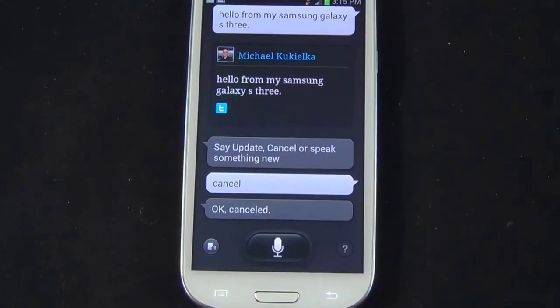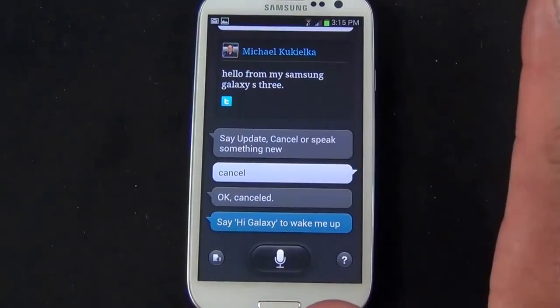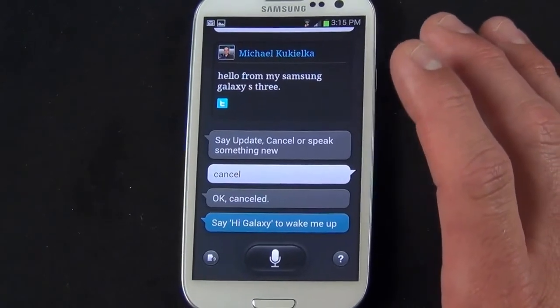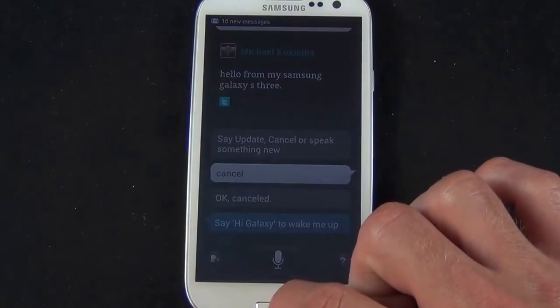Okay, cancelled. Now there are a few things you can't do, like you can do with Siri, such as email, but you can set things like appointments, you can call, you can play music, you can do web searches, you can even ask questions like,